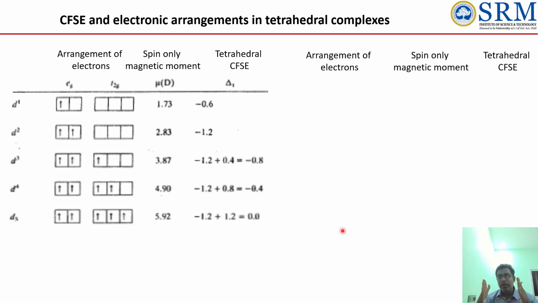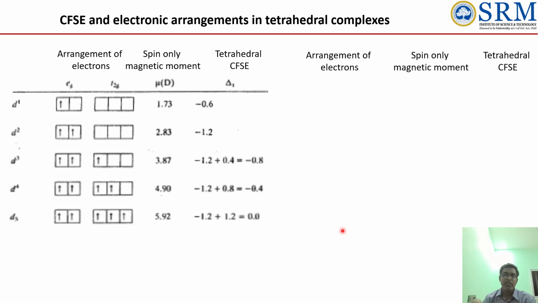This is in analogy with what we looked at for d1, d2, d3. So from d1 to d10, d1, d2, d3, d8, d9, d10, there is no significant difference between a weak field and a strong field ligand, except a magnitude change in the Δo. Whereas for d4, d5, d6, d7, there is a considerable difference in terms of